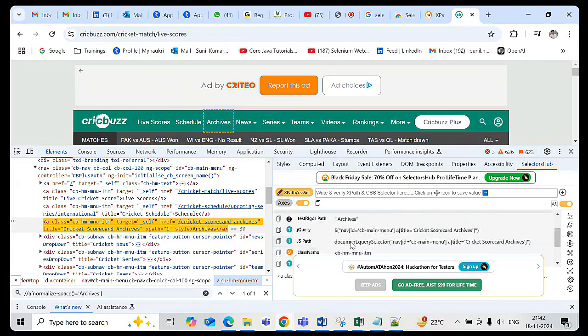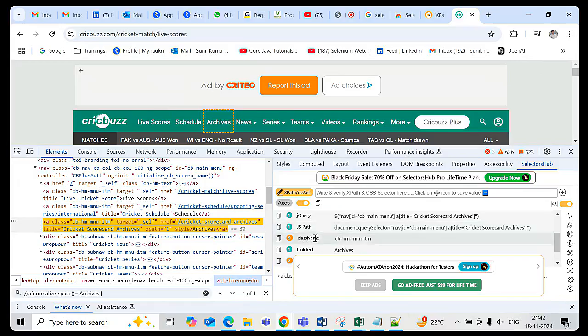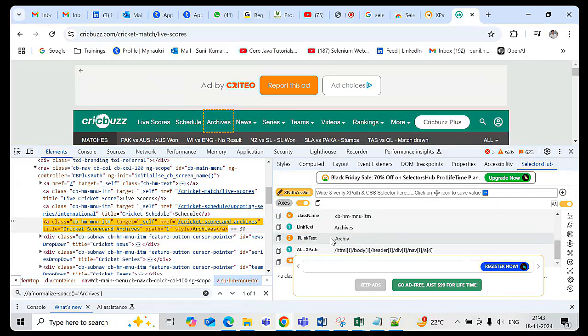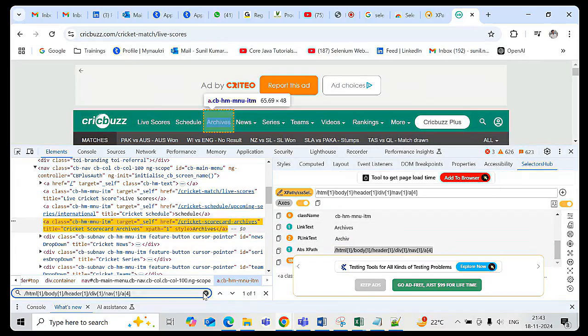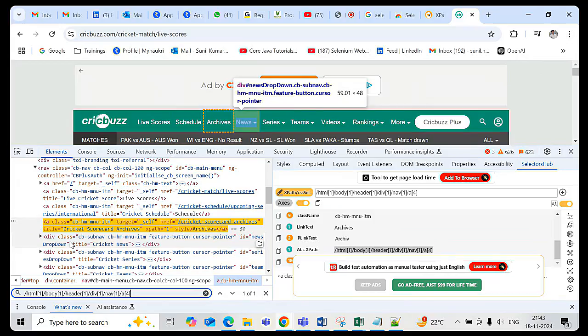Index XPath, query, class name, link text, absolute XPath here. If you can see here, it is showing some absolute XPath. Manually writing XPath is easy. Using a selector sub is easy. Which is easy? XPath is very easy. See here, your XPath is ready. Absolute XPath also, if you are getting, you can see here. If you wish to locate this,